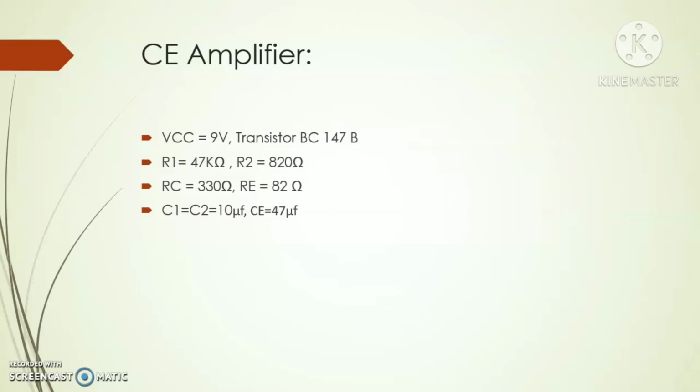For that you need to check the VC and IC values and definitely the VBE value. Once it is set, then you should check the output voltage, and another part is you can check the gain also by removing the CE capacitor. So now we'll see how to perform the practical.